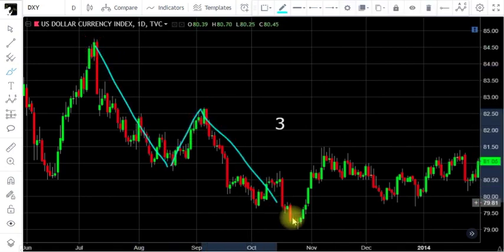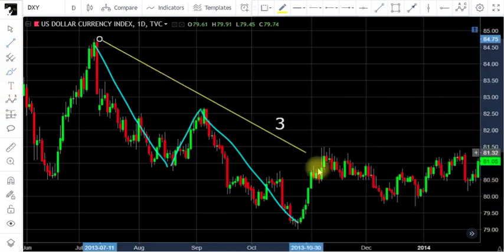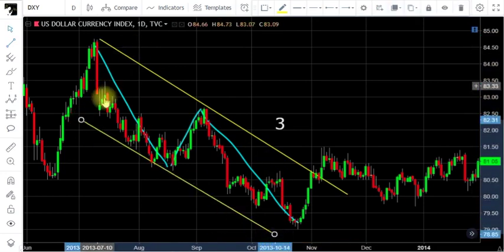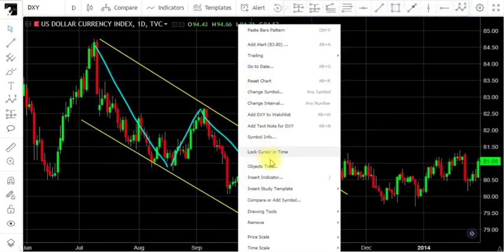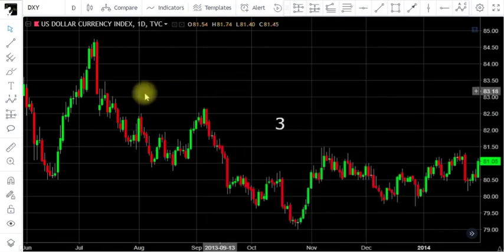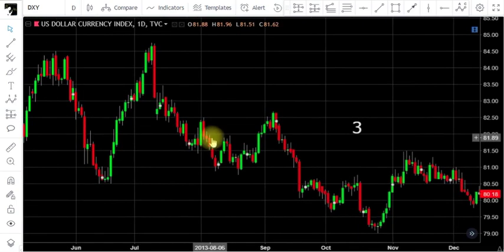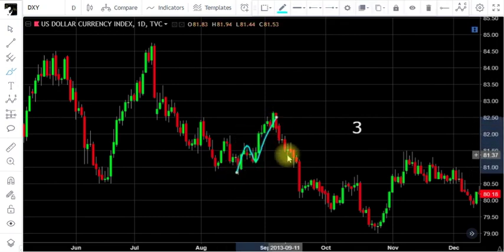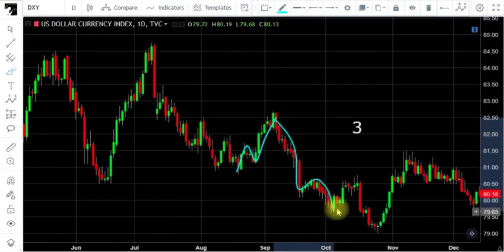Impulsive, impulsive, with a join in the middle. And price has moved down in that direction, in a diagonal direction. So let's count them. Let's get rid of that, right? And this is a bit more difficult to count than the last one, but let's just say there's a 1, 2, 3, which is our join. Then we've got a 1, 2, 3, 4, 5, but the third wave there isn't